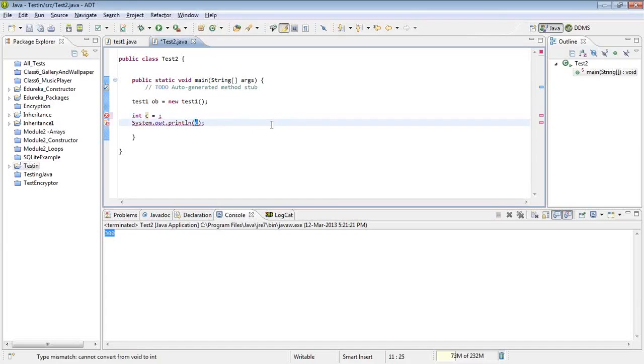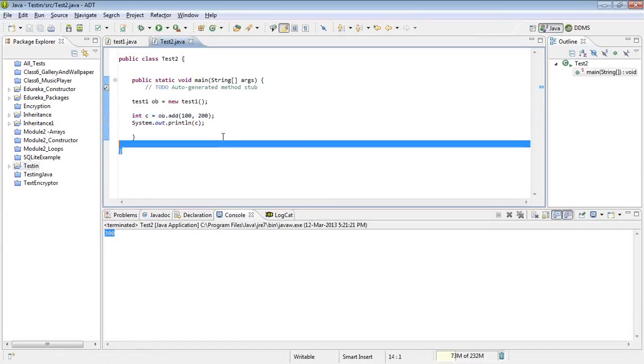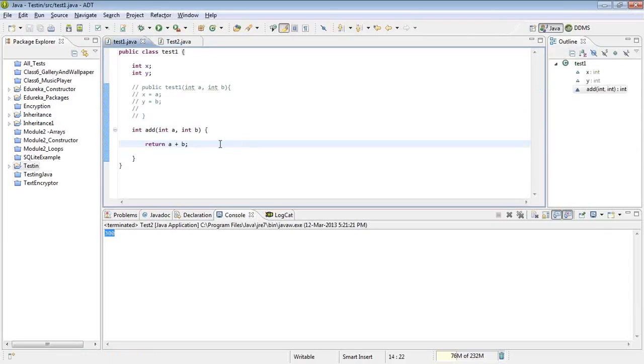Okay, we'll have to use it like that itself. Now, I come to the test1 Java class again. It is returning a value, it is taking parameters. Now, is there anything that could be done with a method? If we don't mention the return type, will it still run? Amir says.